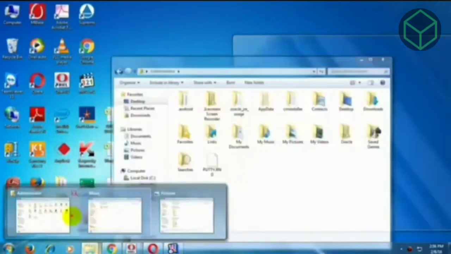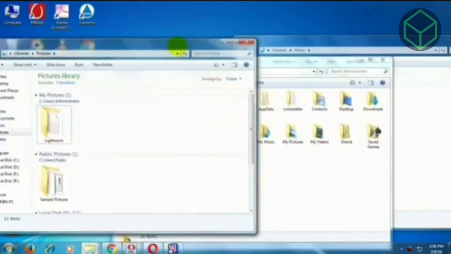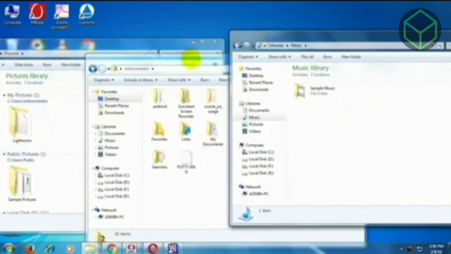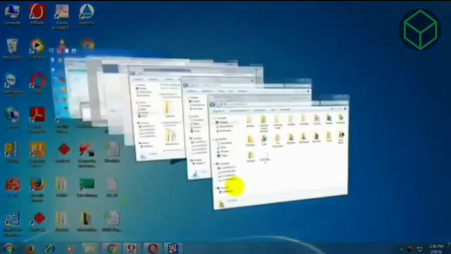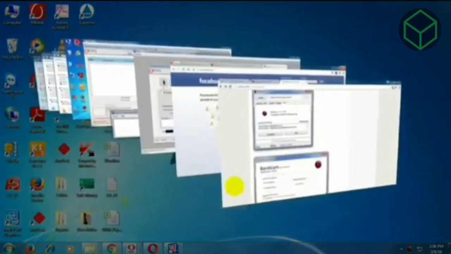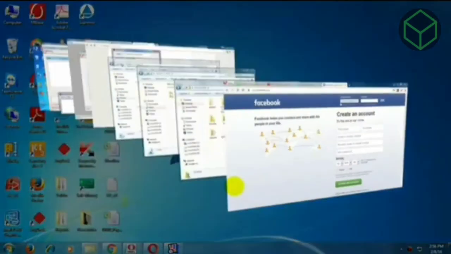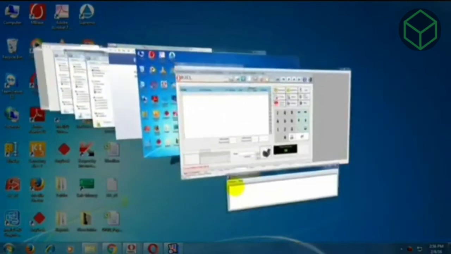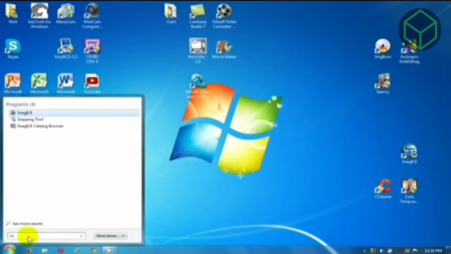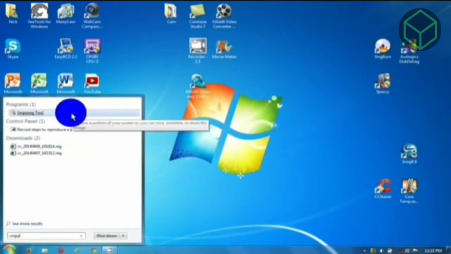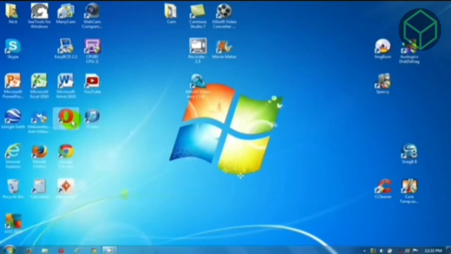Now, next feature is Aero Flip. This feature can be used to flip between the different opened windows in 3D mode. This feature can be activated by pressing Ctrl plus Windows key at the same time. You can also use arrow keys or mouse scroll button to navigate among the windows in 3D mode. You can drag any item in the jump list, copy it to another location. Example, you can drag a document from a jump list to the email message if you want to send it to someone.